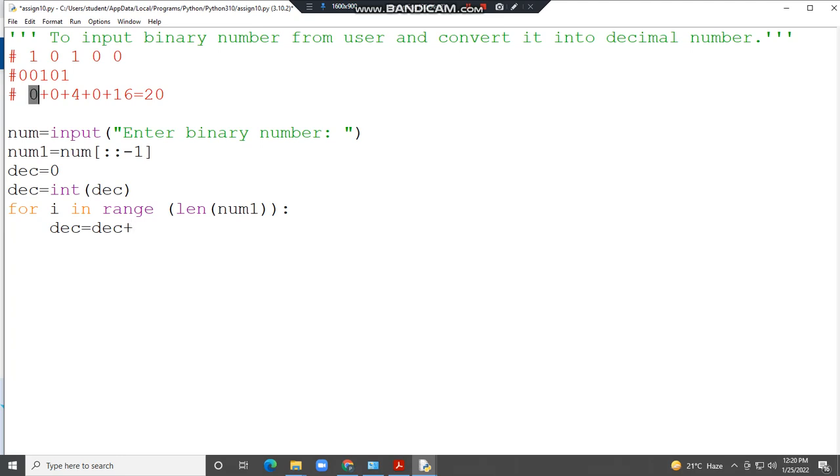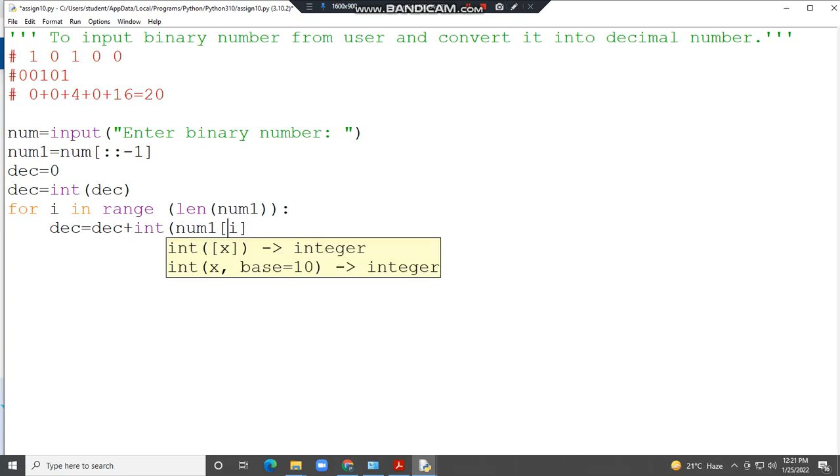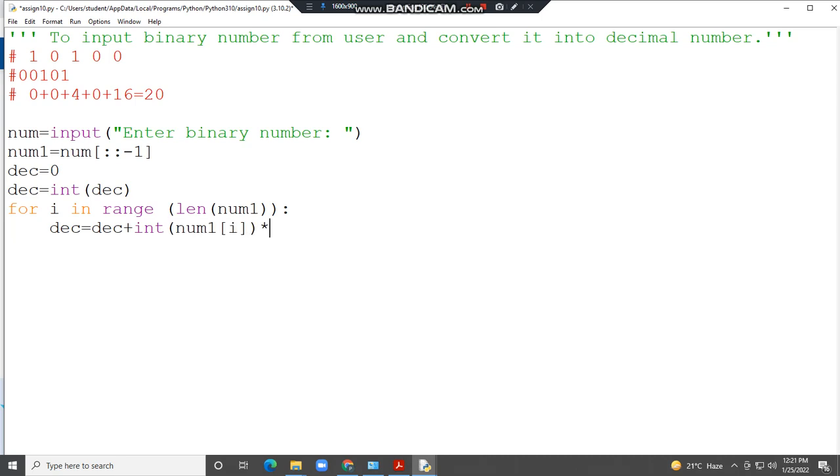this number, which is nothing but that number string's 0th location, 1st location, 2nd, 3rd and the 4th location from that string. So we'll consider it as num1[i] location. Okay, now we need to convert that string into the integer here. So we are going to convert it into the integer so that we can multiply this number by 2 raised to